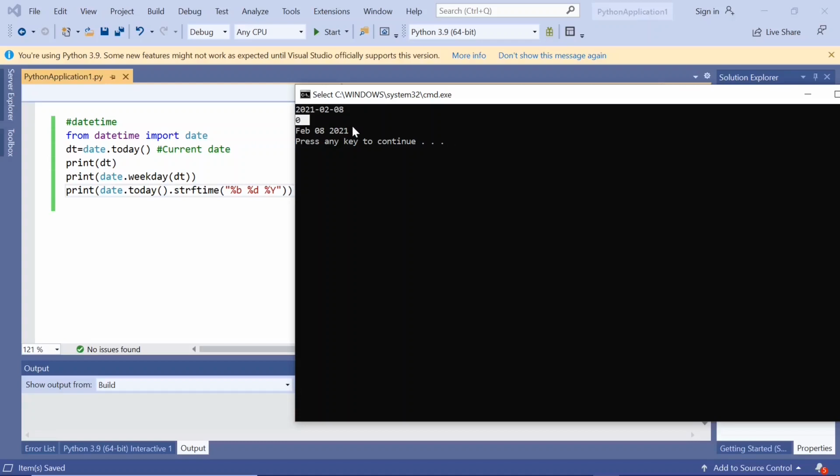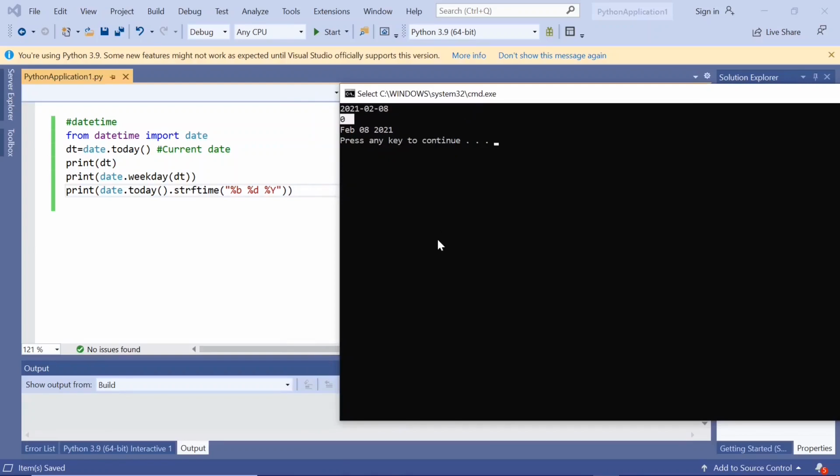Today being Monday, it is showing 0. And date.today.strftime with %B %d %Y, that is month, day and year. The month is February, day is 8th, year is 2021. So this is how we can print the date in Python.